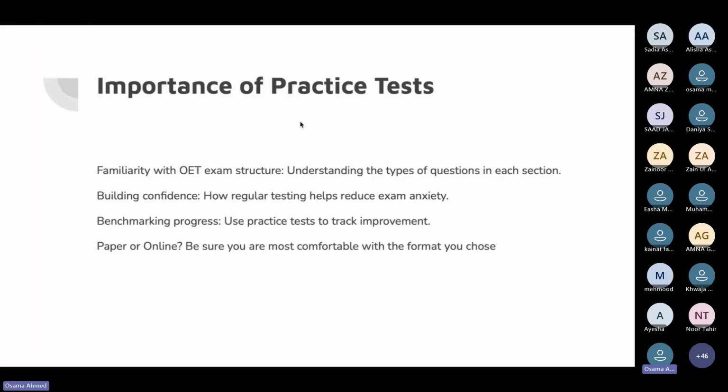Practice test. They build your confidence, give you an idea of where you are, and it's really important whether you're giving it online or on paper. I personally gave my exam paper based because I was just more comfortable with writing with a paper and pencil compared to doing it online. Like most of my friends give it online. Either way, it's fine. But see, once you're doing the practice test, they have a lesser number of practice tests for